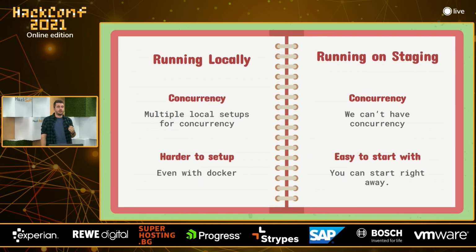So we were deciding whether we need to run these tests locally or run the tests on staging. And the obvious win here was staging, because it's really easy. You don't have to set up anything locally. If we have a team of QAs, they don't need to understand how to set up everything on their machines locally: Docker containers, databases, RabbitMQs, all this complexity. They just don't have to know it.